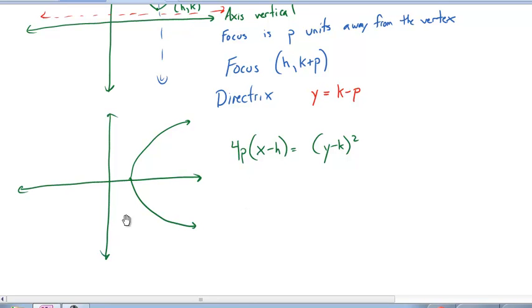I'm still going to end up with the same vertex. It doesn't change at all. It's still h, k. But this time, I have to realize that the focus, because the axis is horizontal, the focus must be to the right of the vertex. And remember, when I'm saying right and up, I'm defaulting to positive directions. If we have a negative p-value,